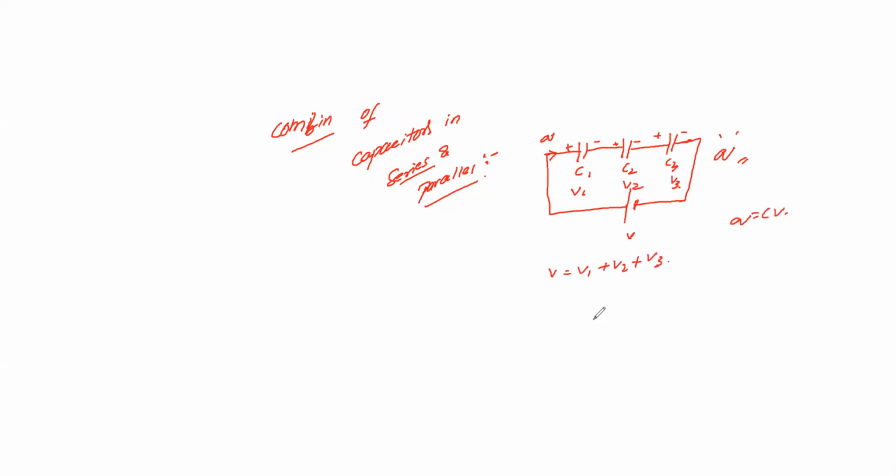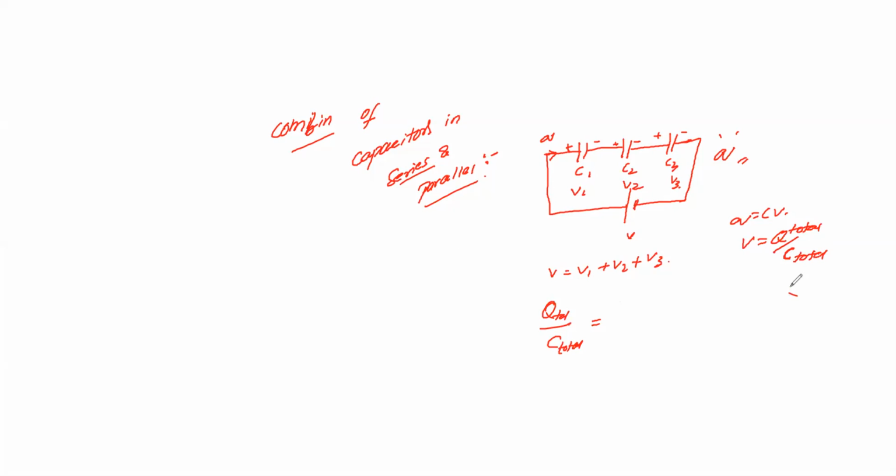Okay, now from this relation, what do we need to find? We need to find the voltages. Let's see the relations. From this relation, V is equal to Q by C. Remember, V is equal to Q by C. Here Q is the total charge and C is the total. So I'll take it as Q total divided by C total. C total is nothing but the equivalent capacitance.